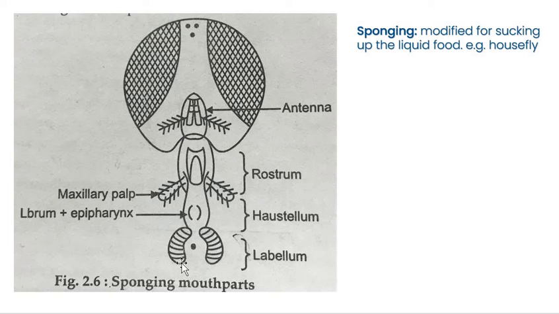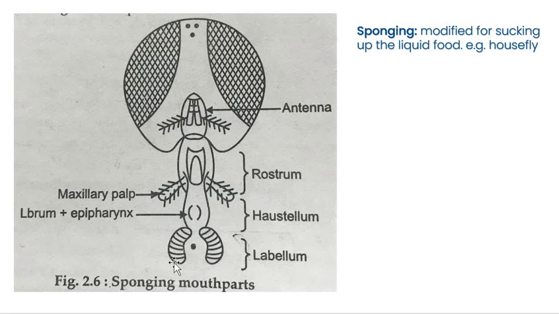If the food is solid material which easily dissolves, such as sugar, suppose a housefly is sitting on such solid food material, then the fly exudes a drop of saliva and makes the food material dissolve, or semi-solid. Then with the help of the labellum, it sucks it. Now the liquid food is first collected by the pseudotrachees.